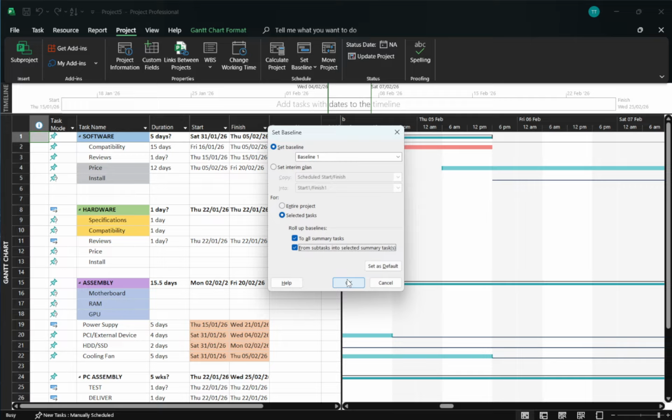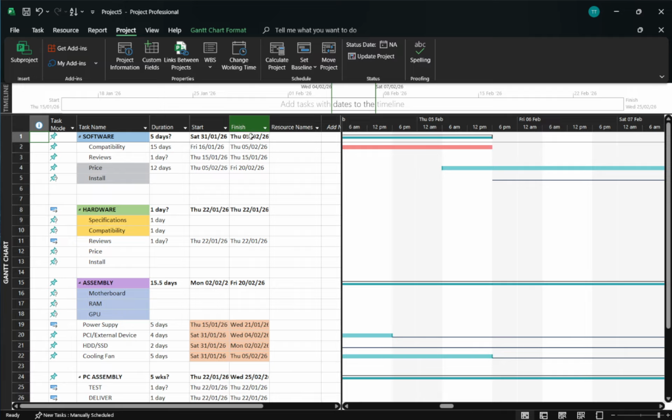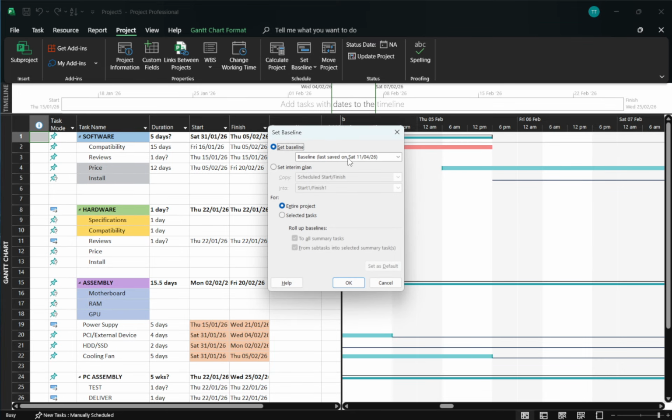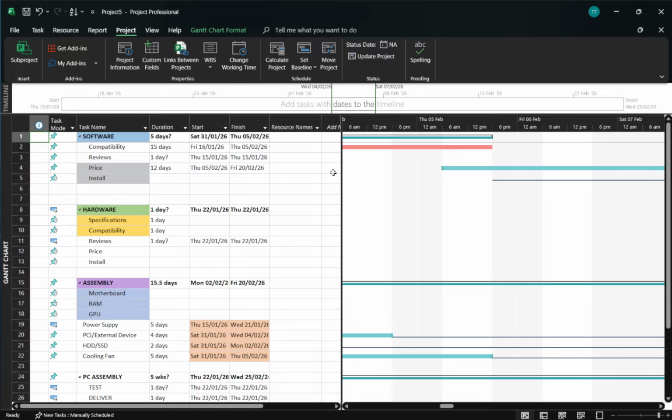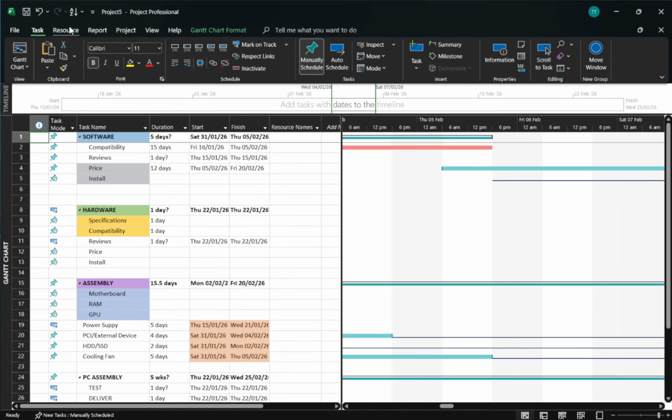Anytime your plan changes and gets approved, return to the Project tab, click Set Baseline again, and select the next available slot, Baseline 1, Baseline 2, and so on. A simple way to think about it is baseline for your original plan, Baseline 1 after the first change, Baseline 2 after a major revision, and continue that pattern as needed. Consider keeping a brief note elsewhere about what each slot represents so you always know which snapshot aligns with which decision.